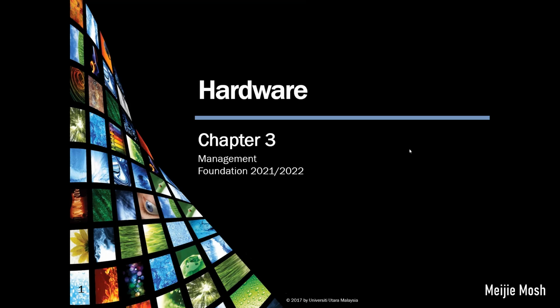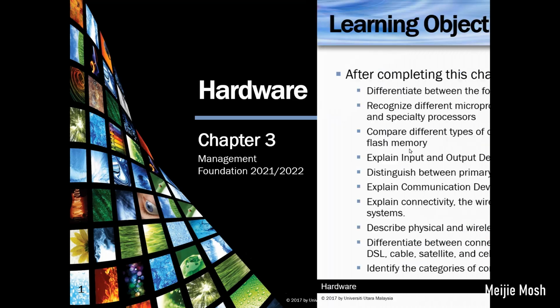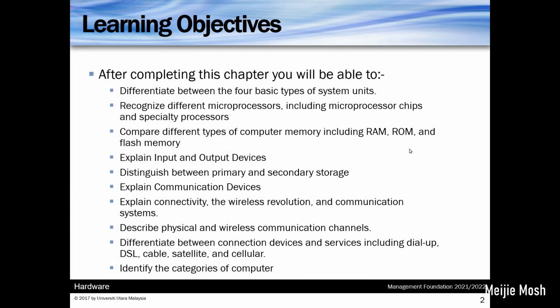Chapter 3 Hardware. After completing this chapter, I hope you will be able to differentiate between the four basic types of system unit, recognize different microprocessors, including microprocessor chips and specialty processors, compare different types of computer memory, including RAM, ROM, and flash memory,